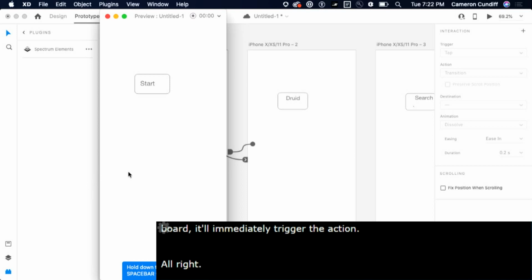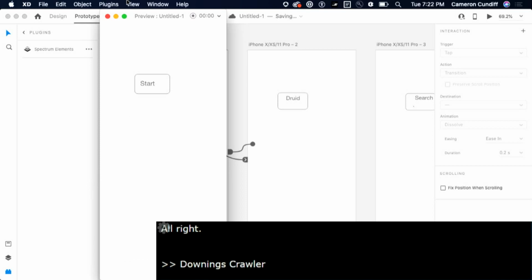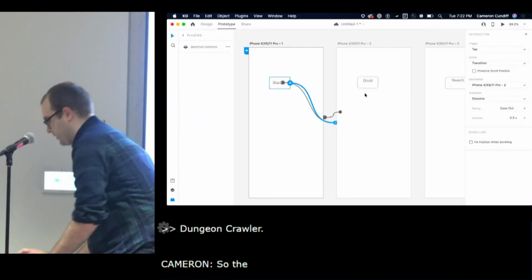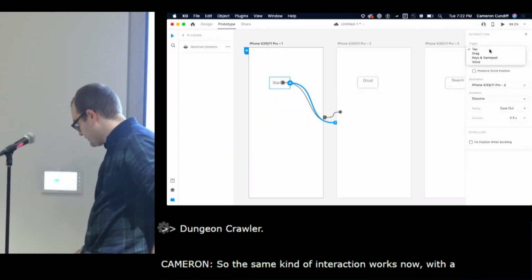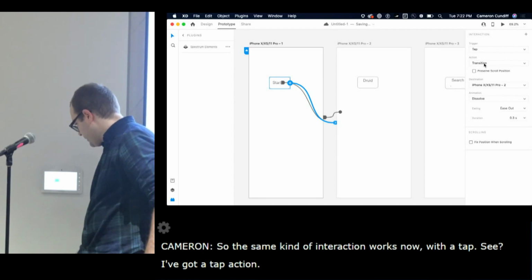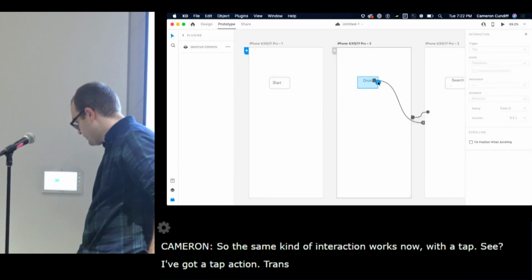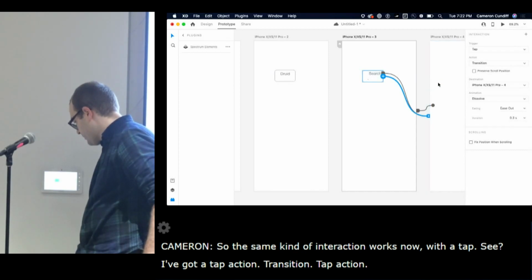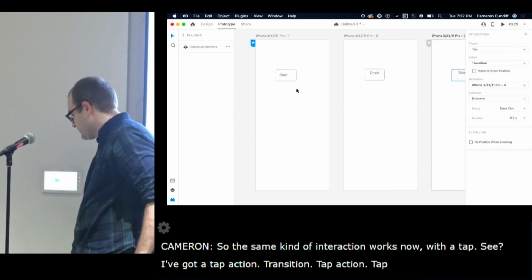Dungeon crawler. So the same kind of interaction works now with a tap. See, I've got a tap action, transition, tap action, tap action. So suddenly we've got